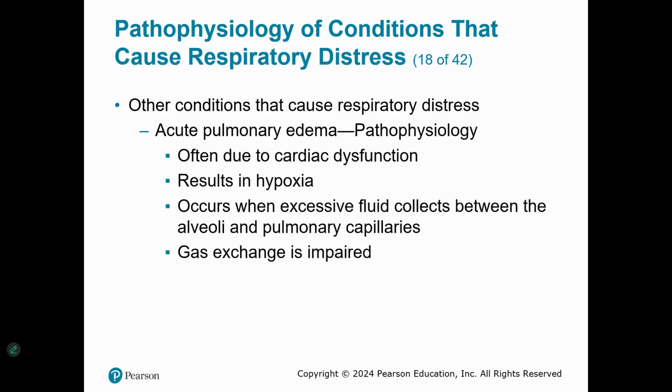Spontaneous pneumothorax. The visceral pleura ruptures without trauma. Air enters the pleural cavity, the lung collapses, and gas exchange is impaired. Primary occurs in tall, thin teens to early 20s with no underlying disease; secondary occurs with COPD or connective tissue disorders. Your assessment: sudden shortness of breath, sudden sharp chest or shoulder pain, decreased breath sounds on one side, subcutaneous emphysema,